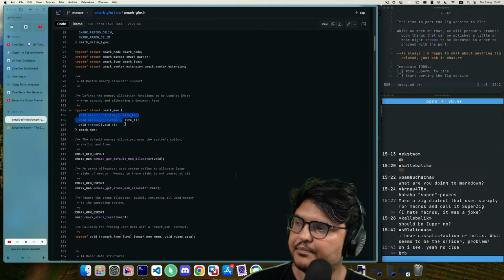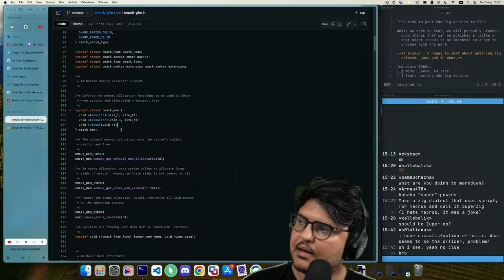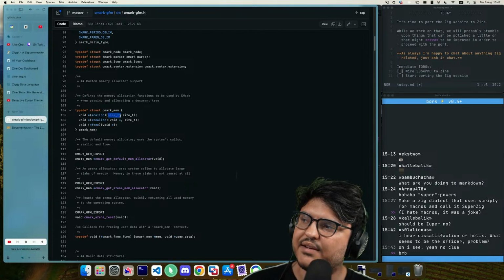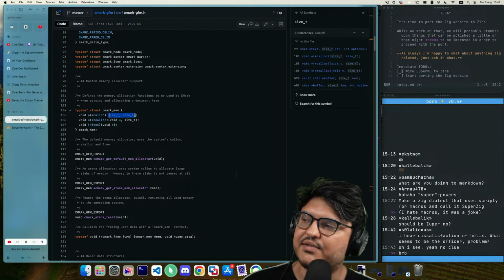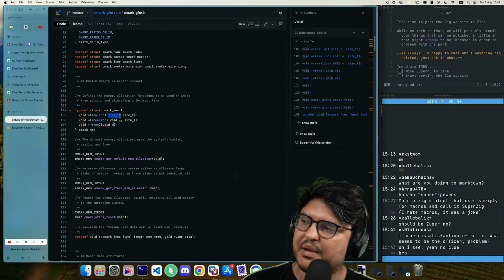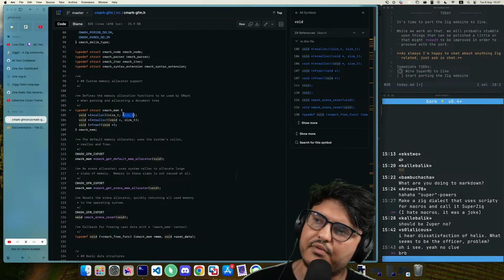There you go. CMark mem, calloc, realloc. So, oh, I think I get it. So free frees a pointer. Realloc says this pointer, but now this size. Calloc is, I guess, this many items with this size, or vice versa. I guess it doesn't matter which is which. Although it does matter, maybe for alignment reasons. That's the only reason why they have to pass it down as two separate things. Maybe also overflows, but